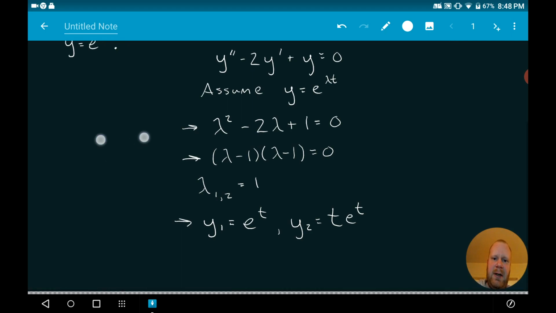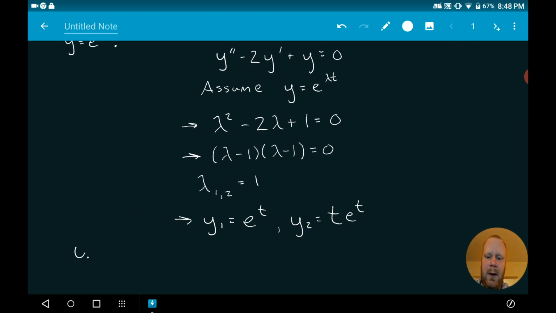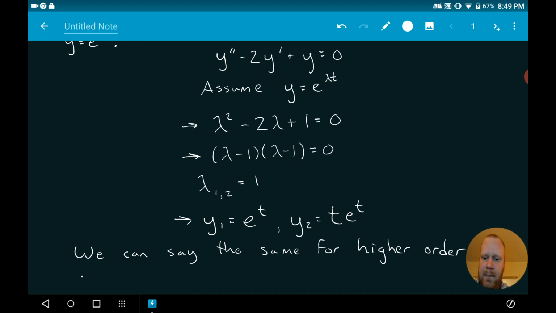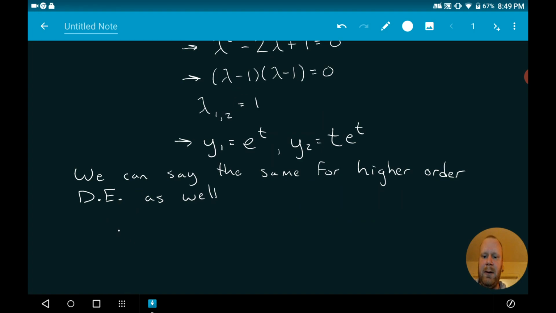We can say the exact same thing for higher order differential equations as well. So here's an example. Let's say we're looking at a third order differential equation. So that's 1, 2, 3